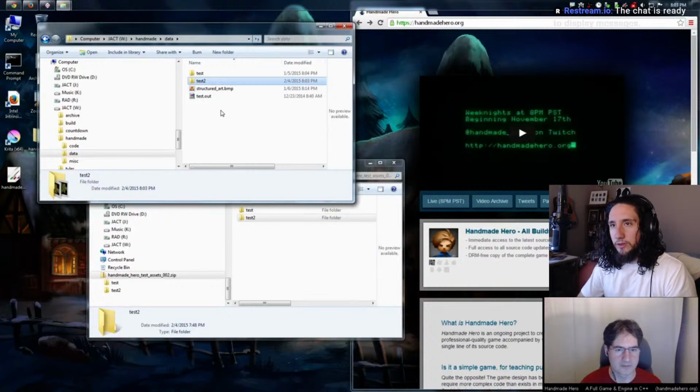I think I can just copy from the same project that I have in Zig. Yeah, so I just copy data test2 from here and put that over in my Odin projects data directory.